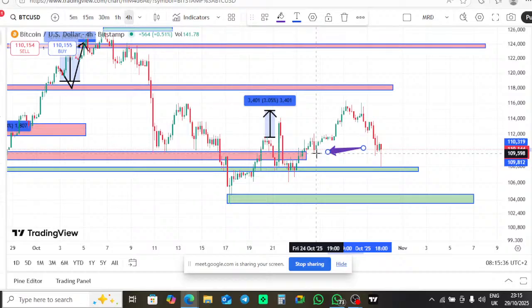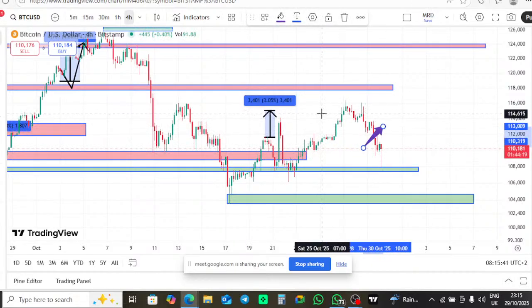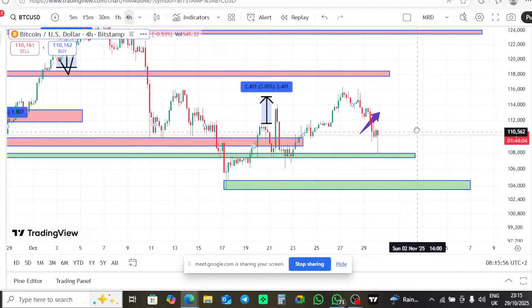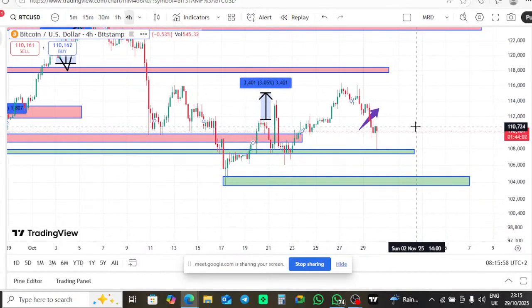So before we go further, we must know what we need to consider when we are looking at the coin. Is it going to give us money? Is it going to drop? Or where is the coin going? So first of all, we have what we call the support and resistance, and we use these tools to know where the market is going, or to know when we are supposed to trade.